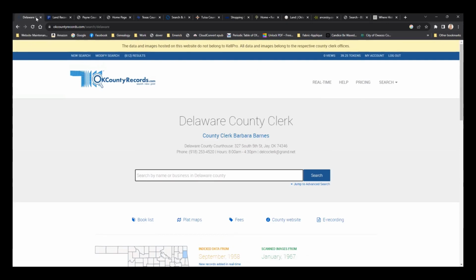Okay, so do you think they're still indexing and scanning? Yeah, they are. But I will say this. They're a service for the county clerks, so they're more focused on going forward than they are going backwards. So they're trying to keep them up to date as they go forward, so they don't go back as often. Does that make sense? Yeah.